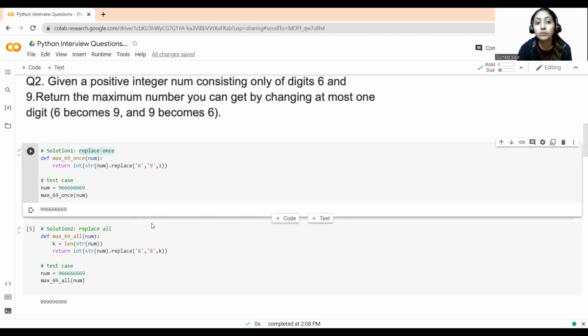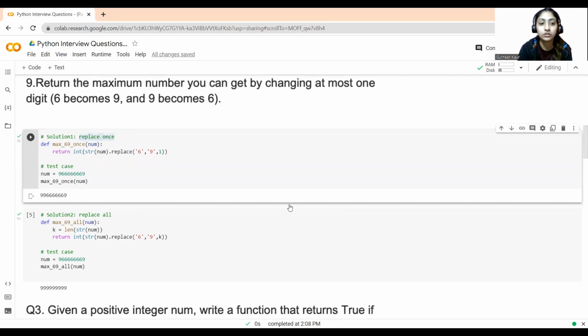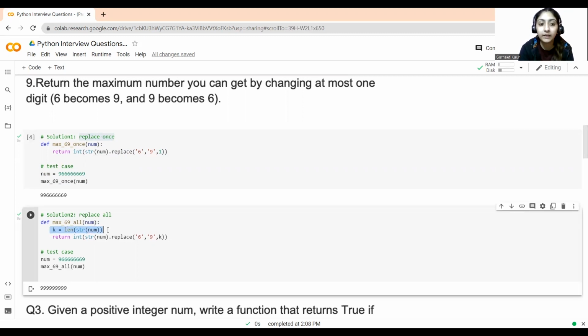But if I want to replace all the 6 digits with 9, then the solution will look like this. First I define my function max_69_all and give it a number value, right? Then we use k to calculate the length of the number. I have converted the number into a string and calculated the length.